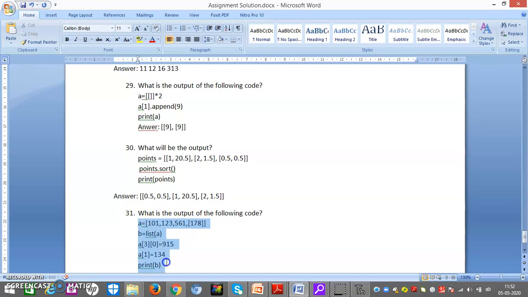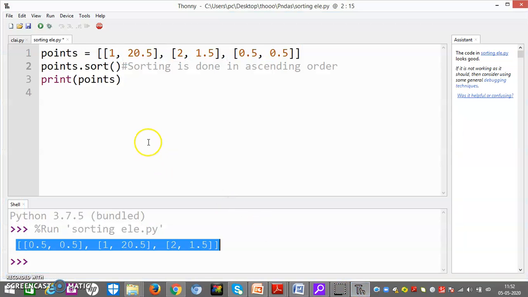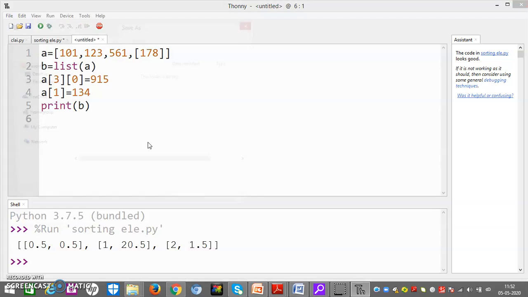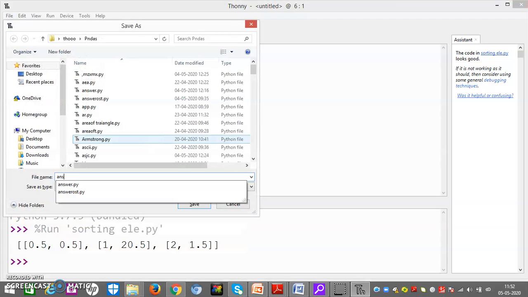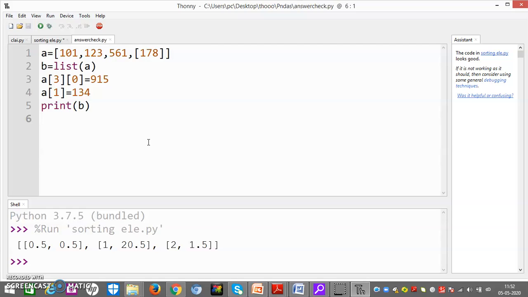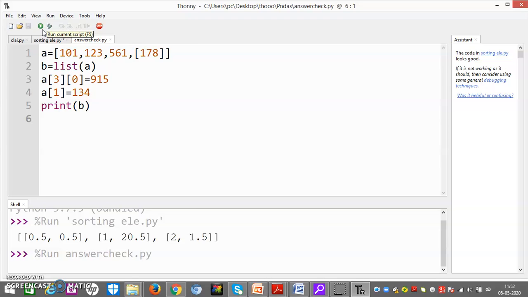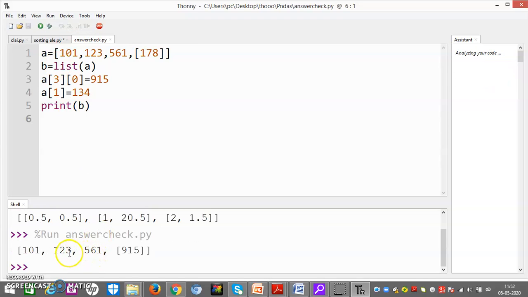So let us check in Thonny. Let me just copy it and paste it for you in Thonny. Answer check. Look, what I told you, the answer will be 101, 123 and 561. This value is not changed. A[1] is 134, but it is not changed.